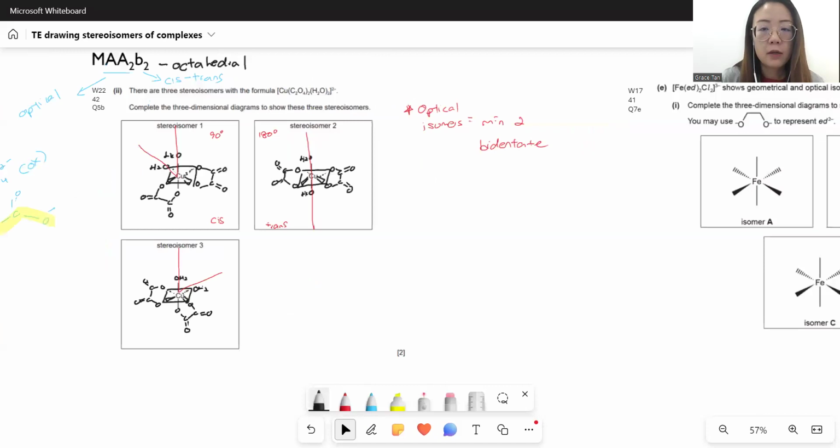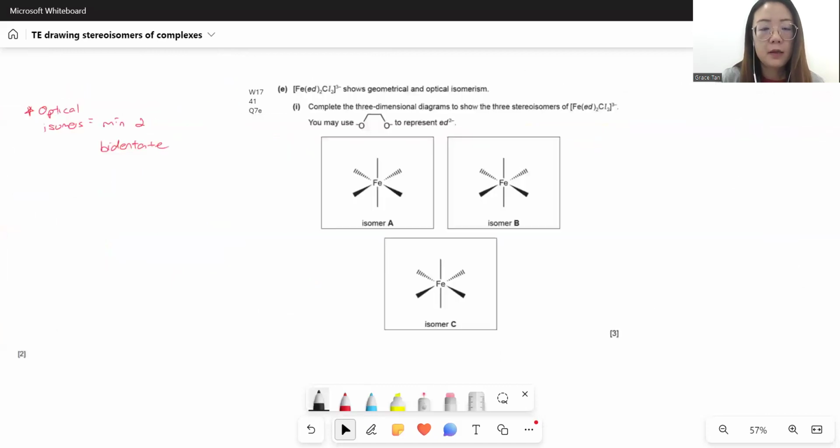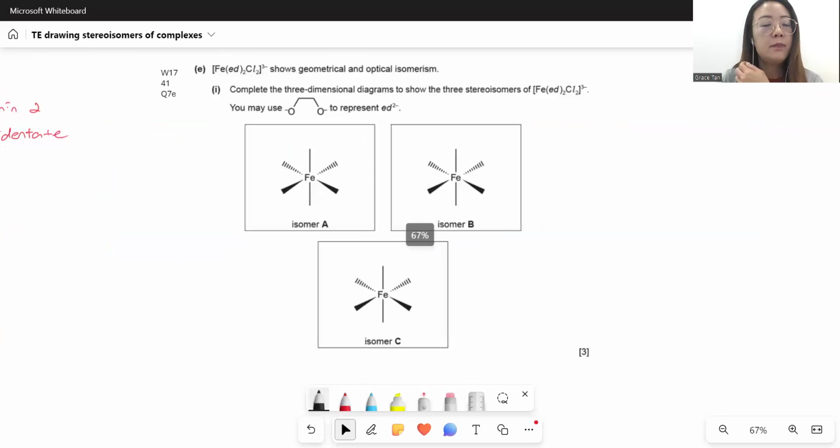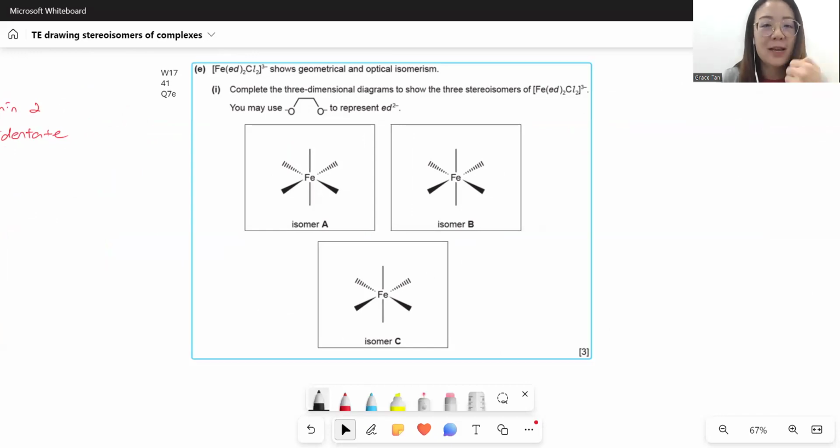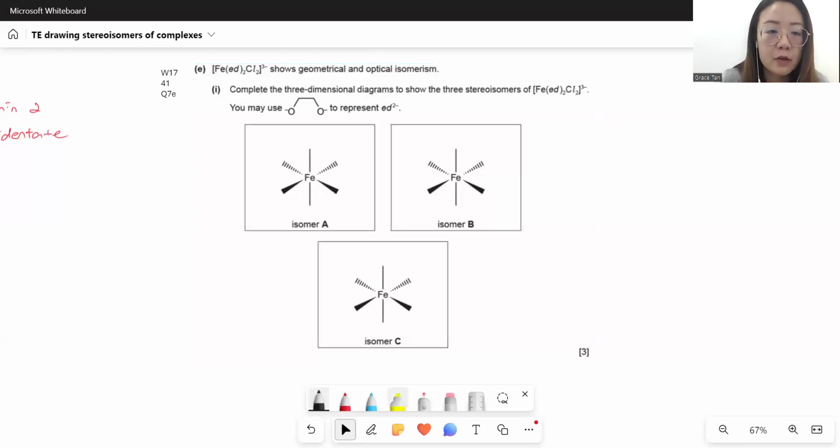Now, similarly, let's look at this question here. They show you that this formula is geometrical and optical. Now, what is ED? ED is not in our syllabus, but we can clearly know that ED is a bidentate. How to know? They gave us the shortcut, and this shortcut already tells us that ED is a bidentate ligand